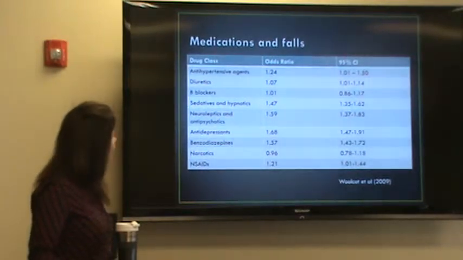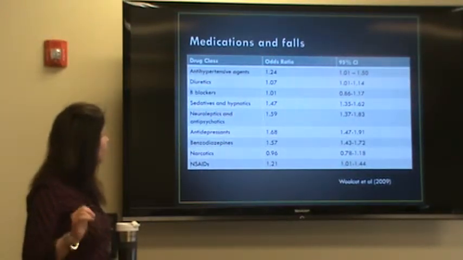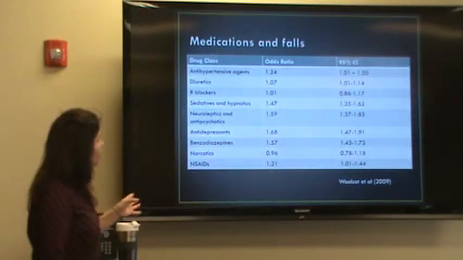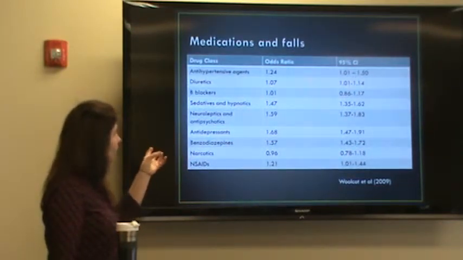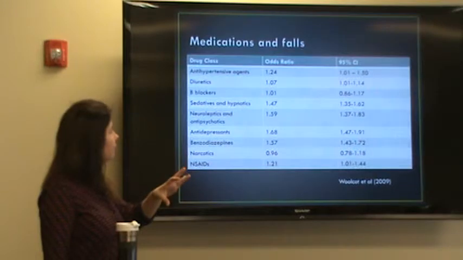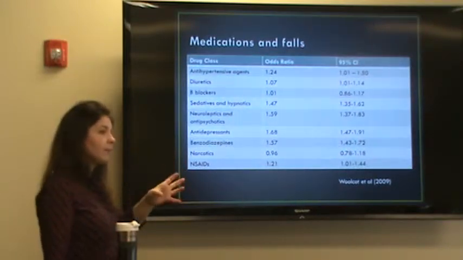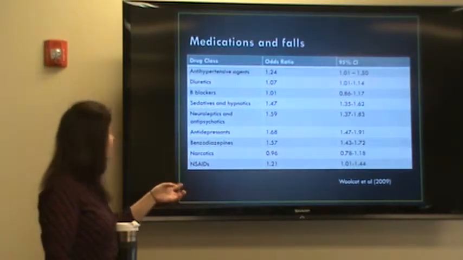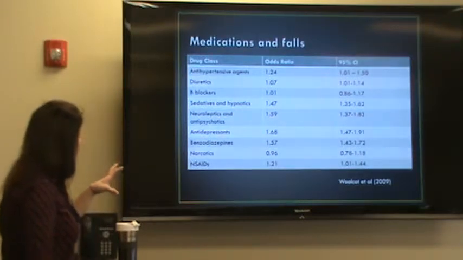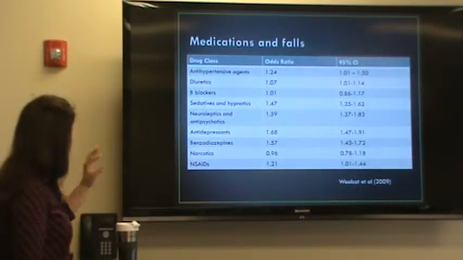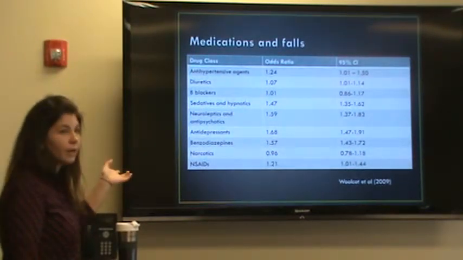In terms of types of medications that cause falls, this is from a meta-analysis, and it looks at the odds ratio. So how likely are you to have a fall if you're on the medication versus if you're not on the medication. I thought some of these were interesting. They came up in this list, and some of them are kind of predictable, like narcotics and falls seems